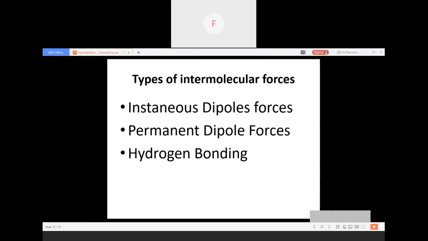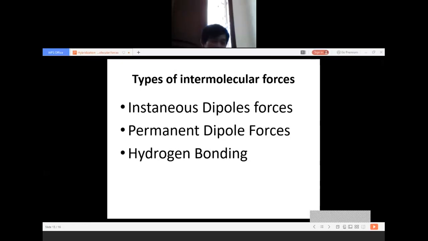Okay. If we read from different textbooks, iodine could have London dispersion forces. There is an instantaneous dipole forces. What is the difference between instantaneous? Instantaneous is, or in other textbooks also called, dipole induced dipole forces. Okay, meaning that this dipole,